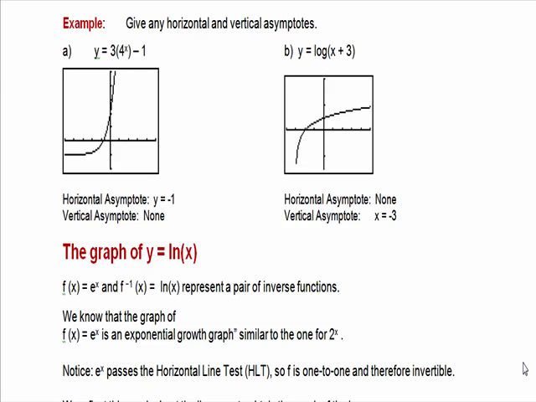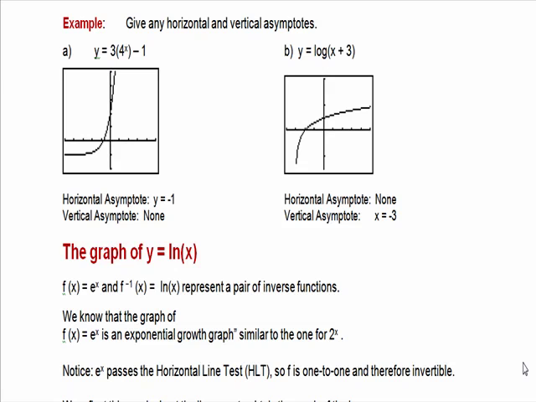Now suppose we had y equals log of x plus 3. This is a logarithmic function. Logarithmic functions have vertical asymptotes, not horizontal asymptotes. So notice I reflected that by saying this has no horizontal asymptote, but the logarithmic function has a vertical one,